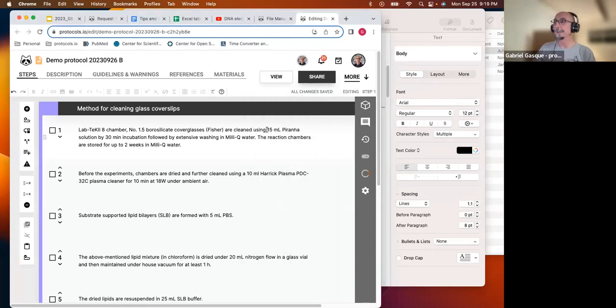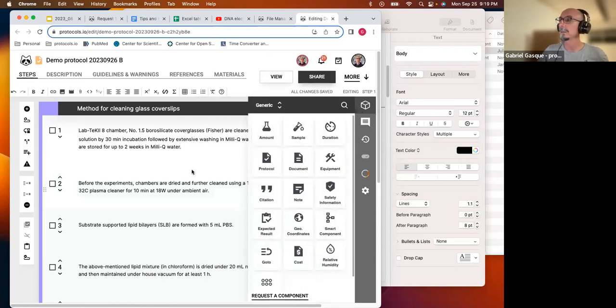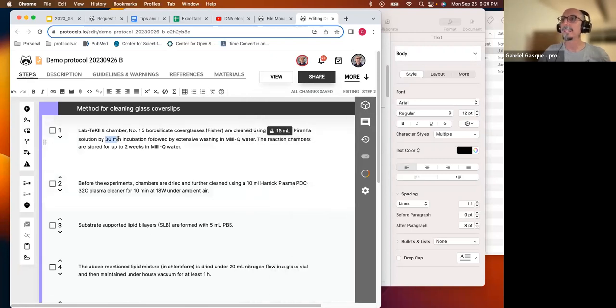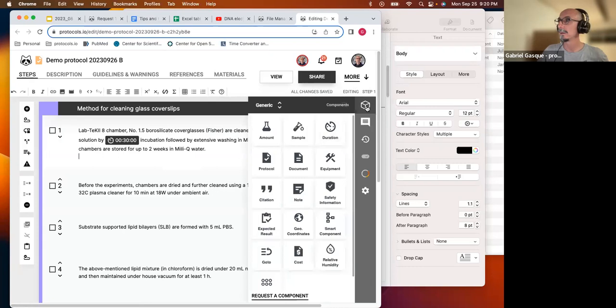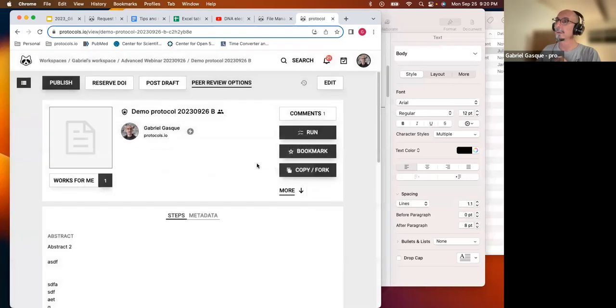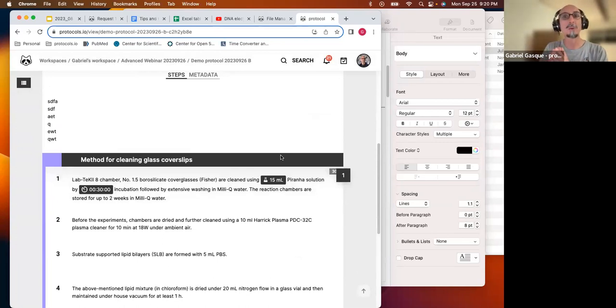With the components, for example, we can turn volumes like 15 ml here into an amount, and the time into a duration. This will make the protocol more visible and appealing. So if I go to the view, you can see the components here, but it will also allow me to